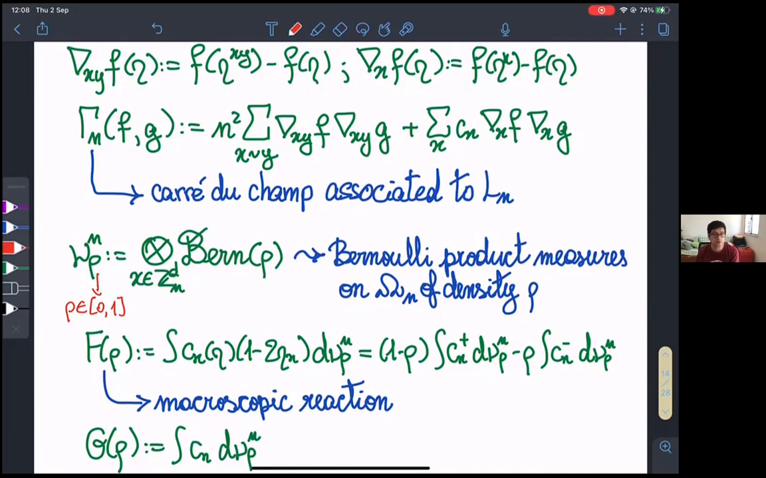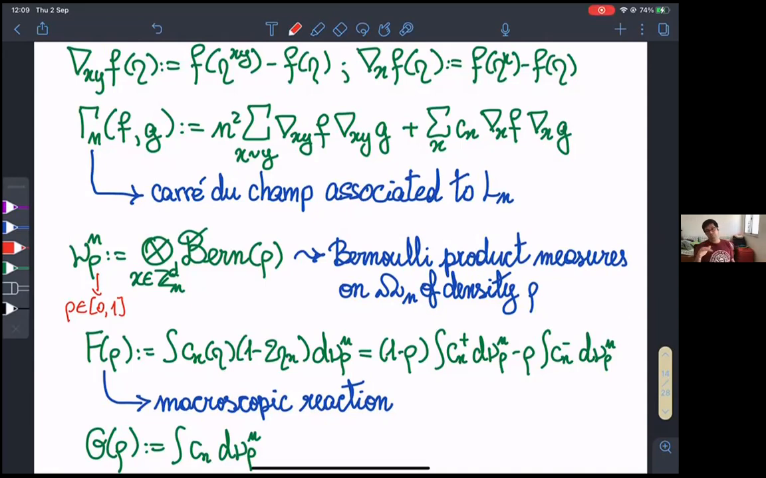So you see there are a lot of f's in this note. There is a small f, there is a capital F, and then there is a blackboard f as well. So you have to be careful and try to remember which f is which. This is called the macroscopic reaction. This function f is a function of the density rho, and it's given by that. So you see what it is, no? It's basically,